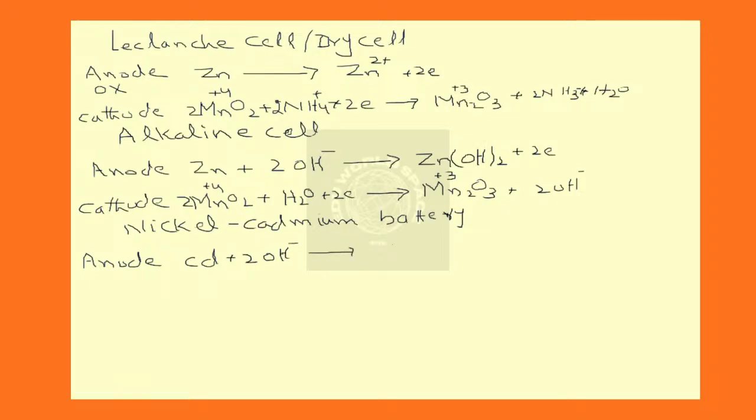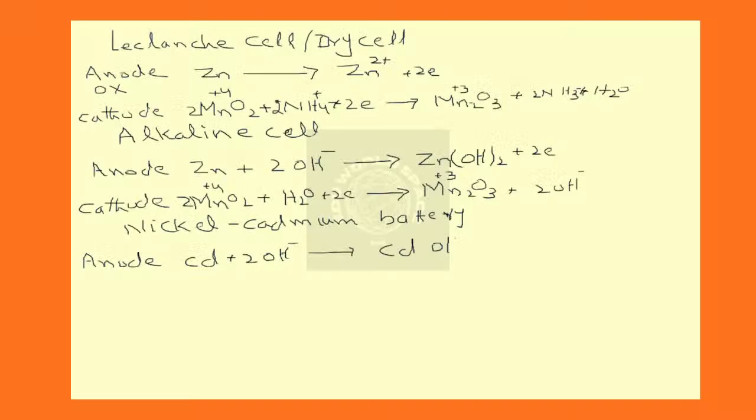It is oxidized to Cd2+ ion, where it reacts with the hydroxyl, forming cadmium hydroxide, and 2 electrons are released by the cadmium in this process. At the cathode,